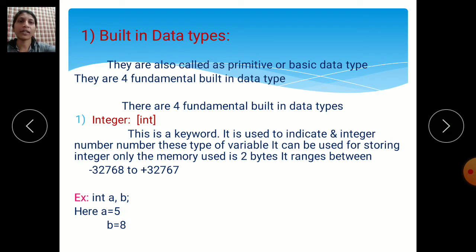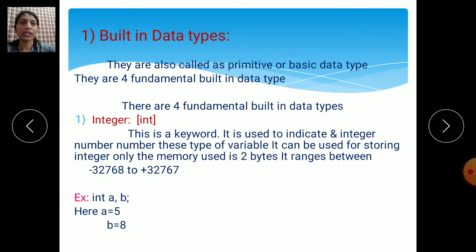Whatever variables you have used, that variable value should be an integer value. That type of variable can be used for storing integers only. You cannot use fraction values here, because you have declared the int data type.